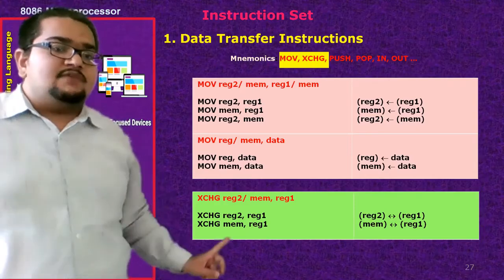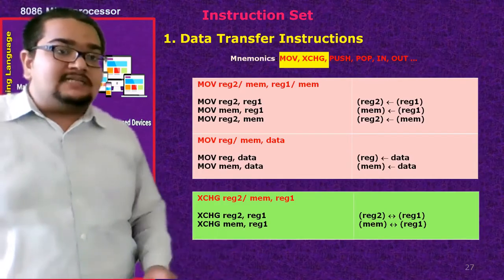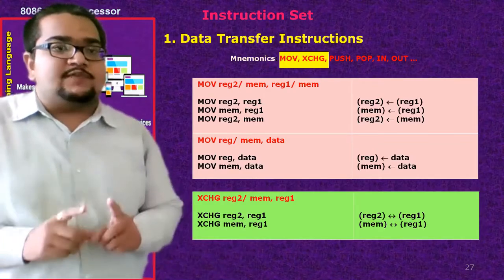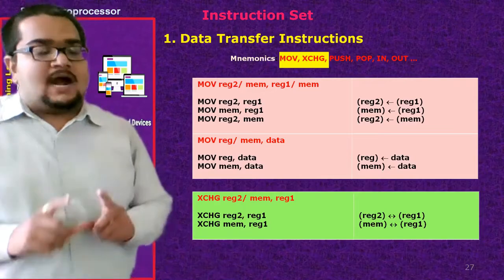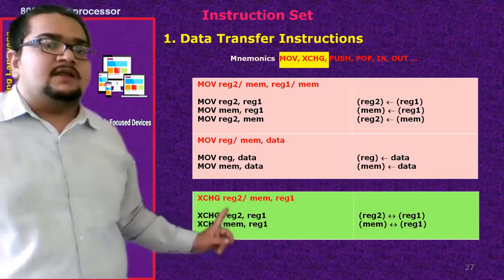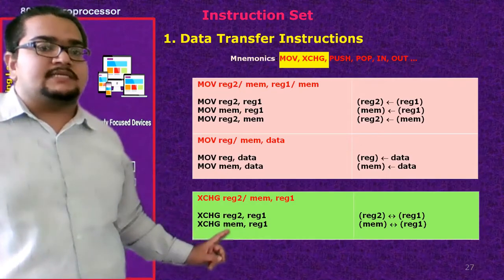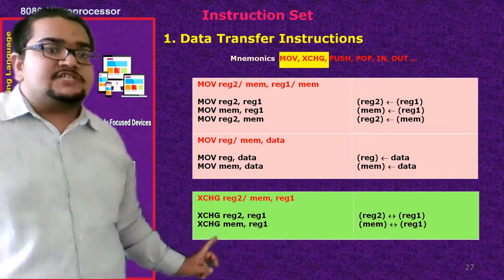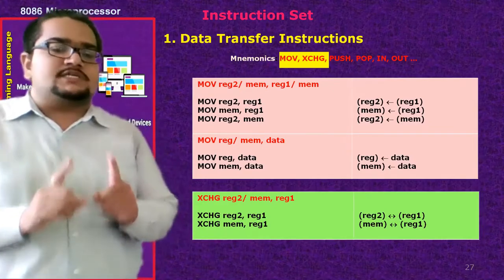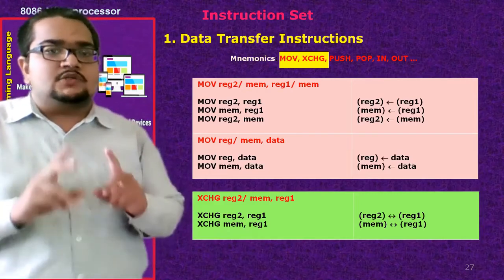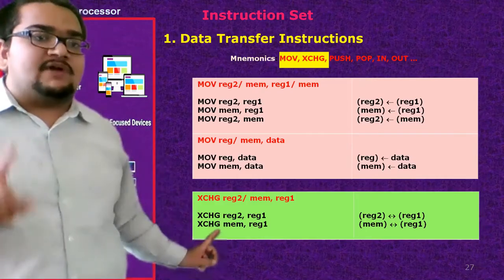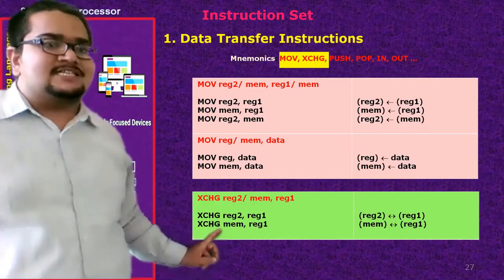I caution you here: when I am talking about the exchange instruction, of the two locations which are exchanging, one should definitely be a register. Another can be either register or memory. As you see here, register 1 and in one case it can be register 2, but in another case it can be memory. But exchange memory comma memory is not allowed. Exchanging between two memory locations is not allowed. So source and destination both as memory addresses are not supported by the exchange instruction.